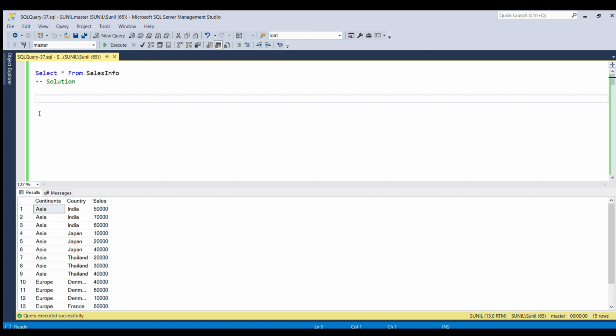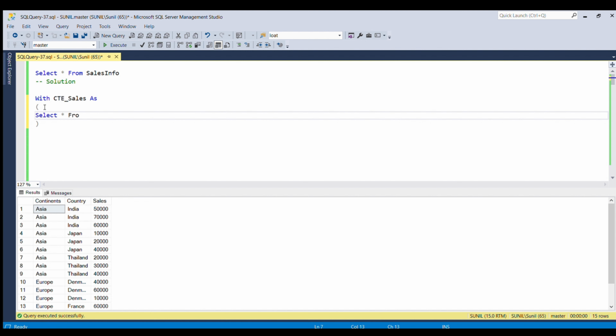I'm going to start with the WITH clause, CTE underscore, let's say sales, and after that we have to give the keyword AS. After that I'm going to open a parenthesis and close the parenthesis. Within this I'm going to select star from sales info.